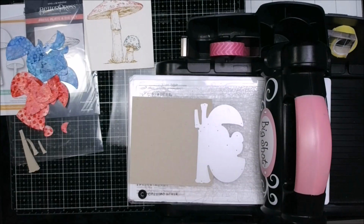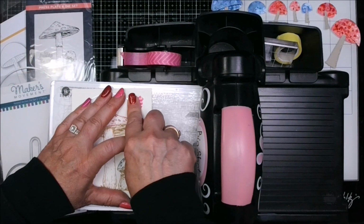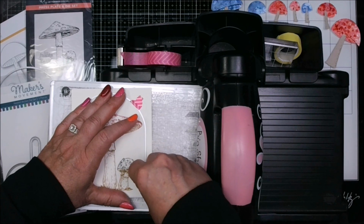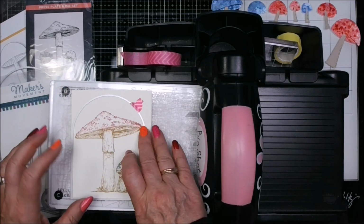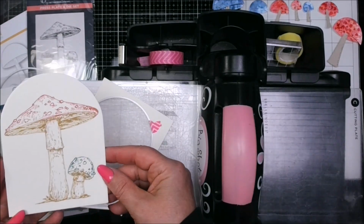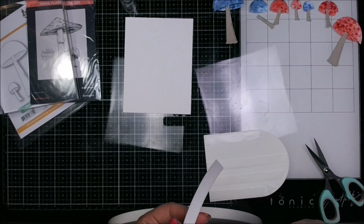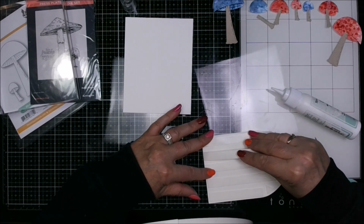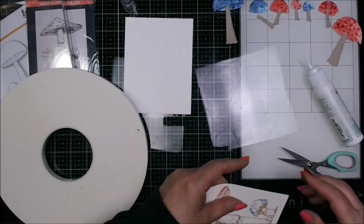There's the stems, and die cutting that BetterPress panel out now that it's a little bit drier with the oxide ink. Always go on the outside with your washi tape so that you don't have a tape impression or tape residue on the inside of your die cut. Pulled out the Big Mama foam tape. I don't trust any tape for not releasing off, and of course I've got such a problem with setting things in place because of my carpal tunnel that I like to put a little bit of glue down,